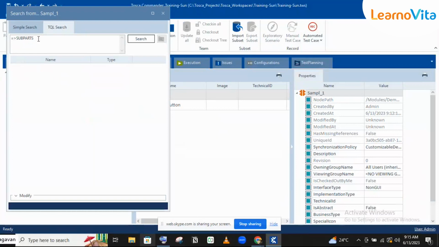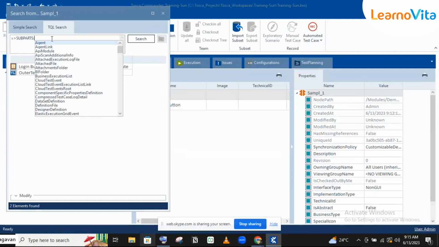So this is aggregation name or association name, and from this and a colon, it will show all the subparts options. If I'm putting the colon, it will show me all the subparts options. So from this I'm selecting test case. I'm selecting, we'll go to module. Okay, I'm selecting